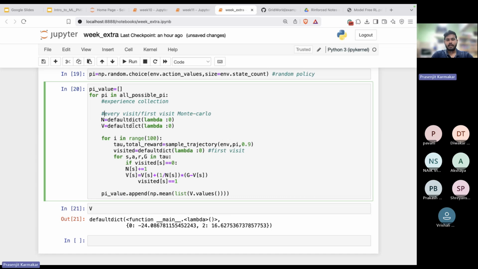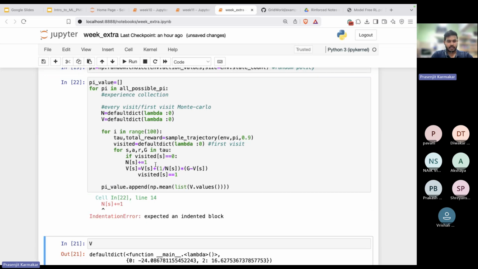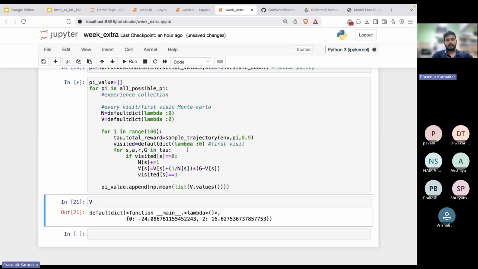Okay, you get the idea. Now you are not storing the trajectories. If I just run, oh, why is it getting an error? Oh, this should be indented. So now we are doing first visit online Monte Carlo. Every visit you already saw. You just have to comment these 3 lines. Done. Now, if I see the pi values,